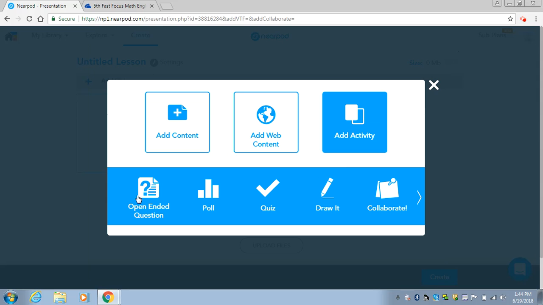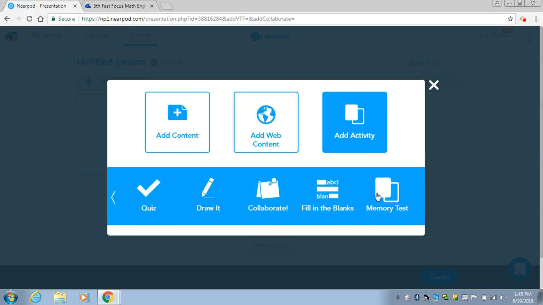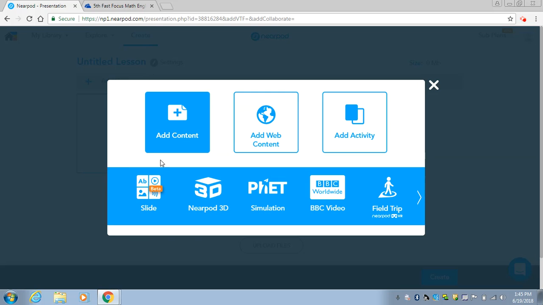The activity, we can have open-ended questions for students to follow, poll questions, quizzes, Draw It, which we're going to really use here today, the Collaborate feature, which is a really good feature, but I've noticed in experience sometimes it works, sometimes it doesn't. Fill in the Blanks and the Memory Test. All right, so we're going to build a basic